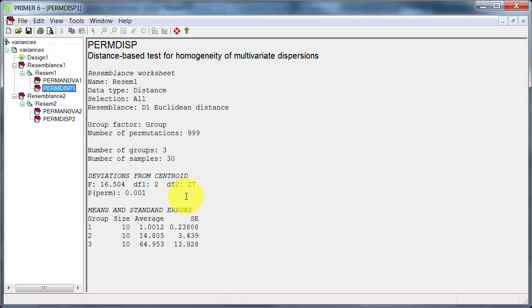And if I do it for the untransformed data, the permutational analysis says 0.001, highly significant difference among groups in terms of their dispersions. If I do it for the log transformed, 0.162, not a significant difference among dispersions. So the log transformed results are reliable either in PermANOVA or in Minitab ANOVA. The untransformed in Minitab may be suspect,